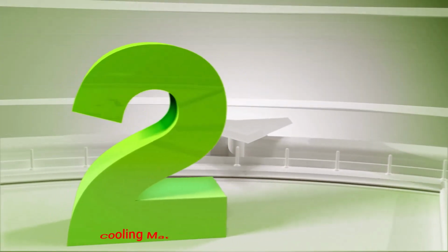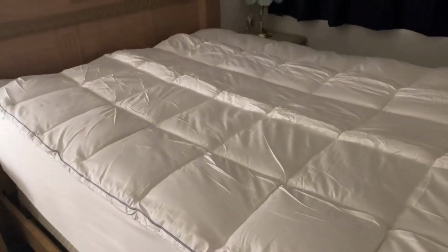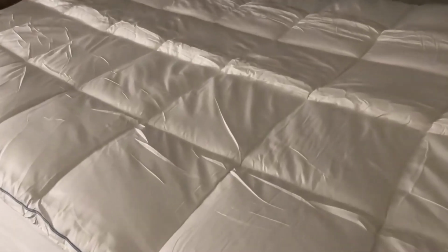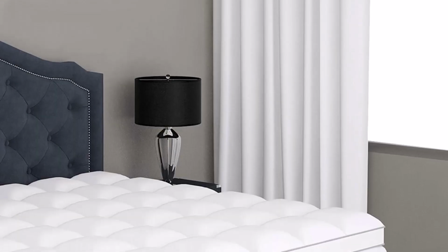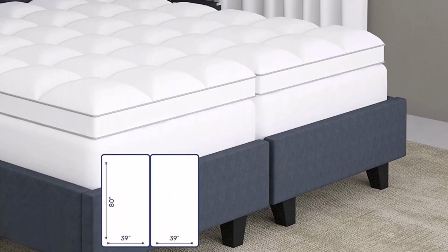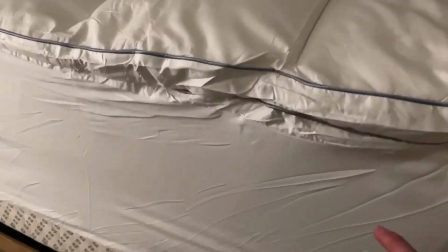Number 2. Sleep Mattress Cooling Mattress Topper. The Sleep Mattress Cooling Mattress Topper is a premium addition to your bed that offers optimal thickness for support, breathability, and comfortable sleep. With its 300 thread count 100% cotton construction, it provides a strong support system while preventing backaches,